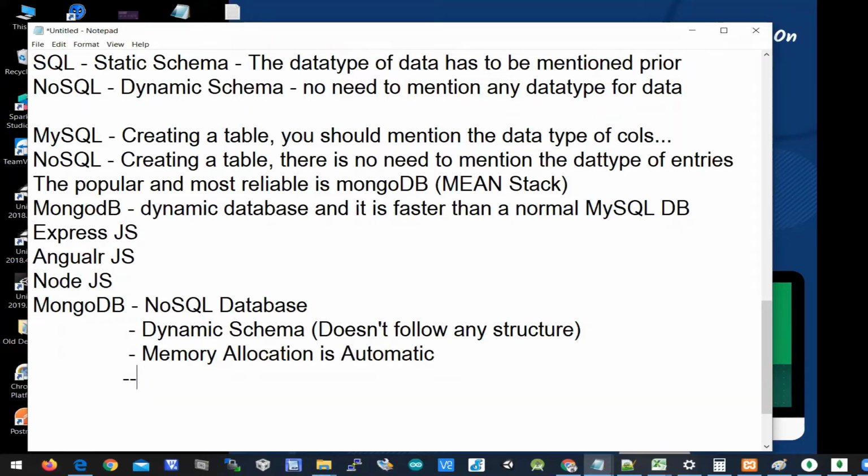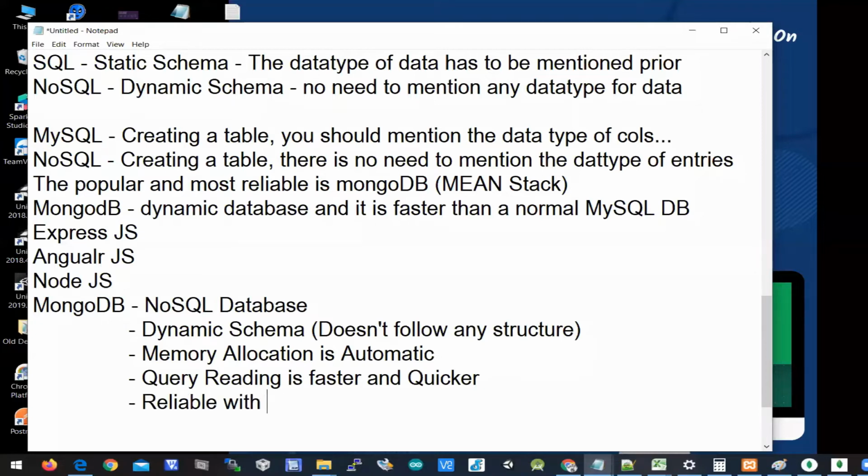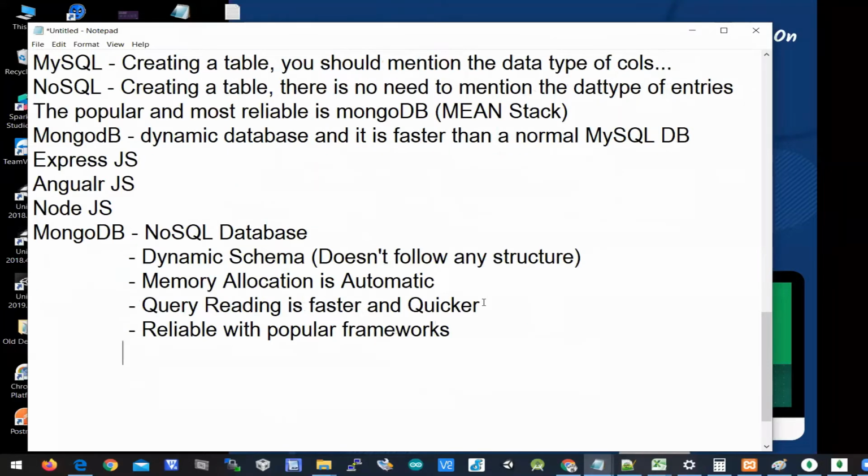Query reading is faster and quicker, and reliable with popular frameworks. You can use MeanStack, or you can use Python, or you can use Ruby, or you can use Perl. It is very reliable with various popular frameworks across the globe. So that is why in the majority of applications, people use this community server, MongoDB server.